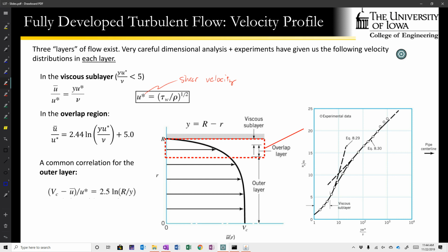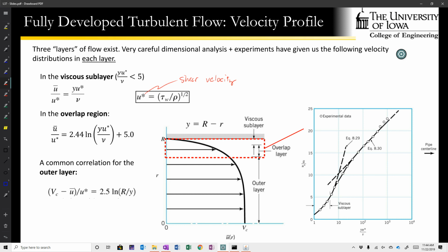Then in the overlap layer, we have a different equation that's been derived from, again, experiments and empiricism. So we've got the overlap layer, and then in the outer layer, we've got another equation here. So these are equations that can be found in the book. I'll post this slide, but I simply want you guys to understand and take away from this that